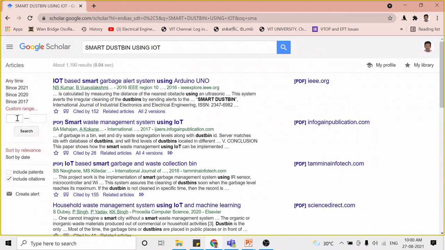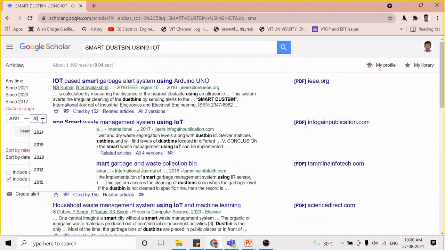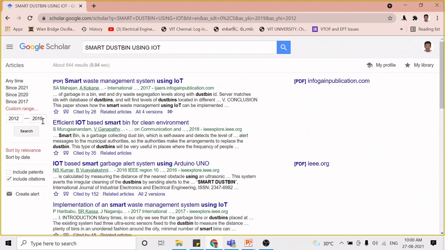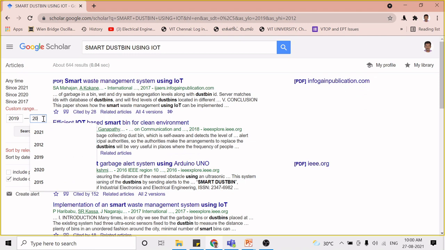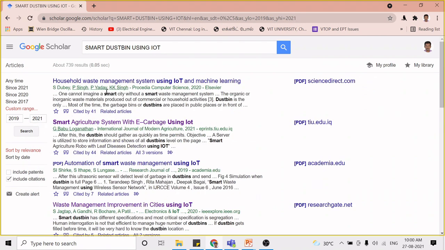You can customize the range also. I am just giving 19 to 21. You can see here, and I want to cite this article.